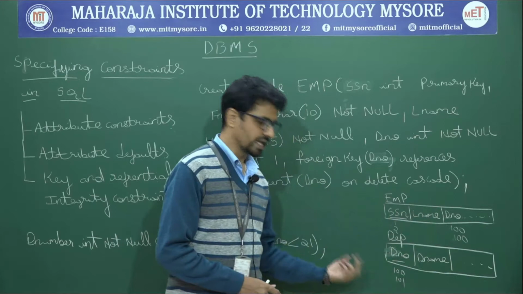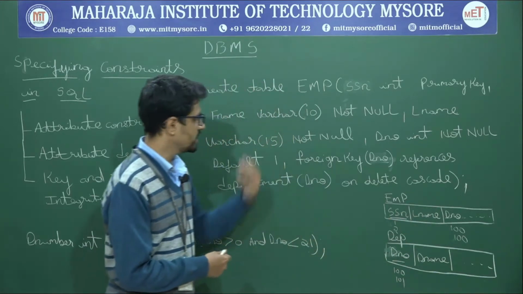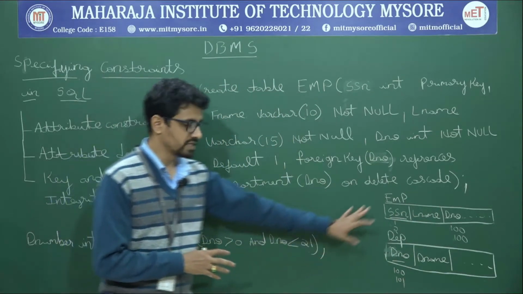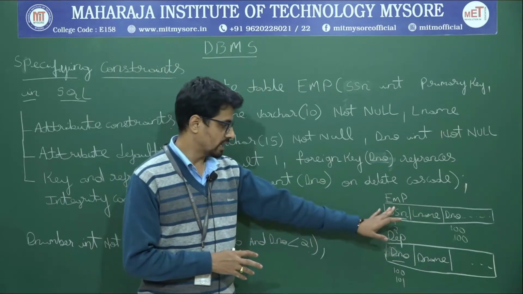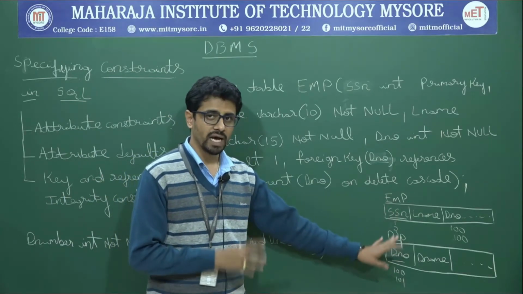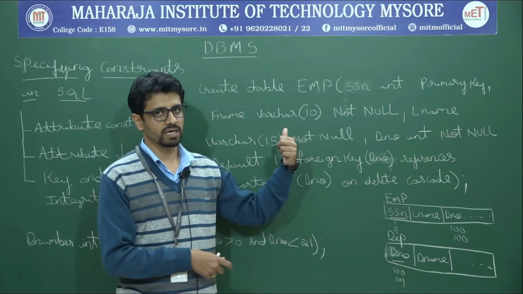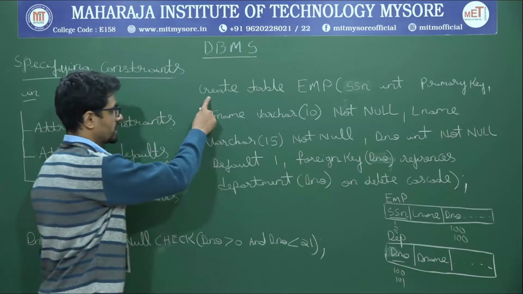So apart from this, I can have some additional constraints being specified. Let us see that now. I hope you now have an insight into what I am going to explain: the relation between employee and department, and some constraints on it through the create table command itself. Okay, so create table